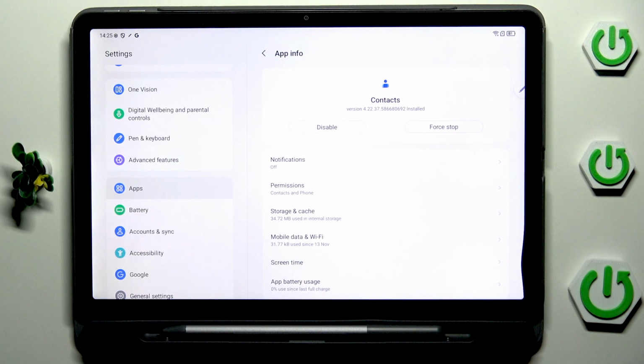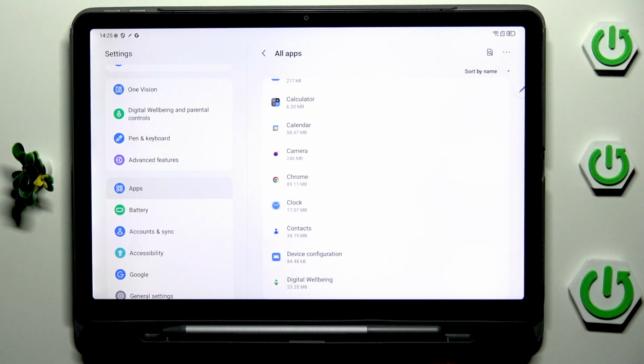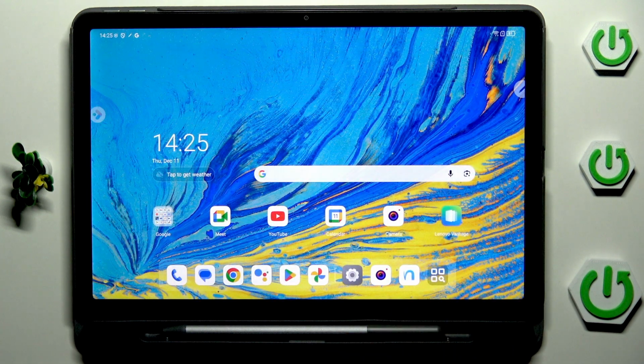And as I said, go through all of those apps, especially those which you're frequently using, so you will be able to release some memory. Another thing which I highly recommend to do is to go through your own photos and videos,